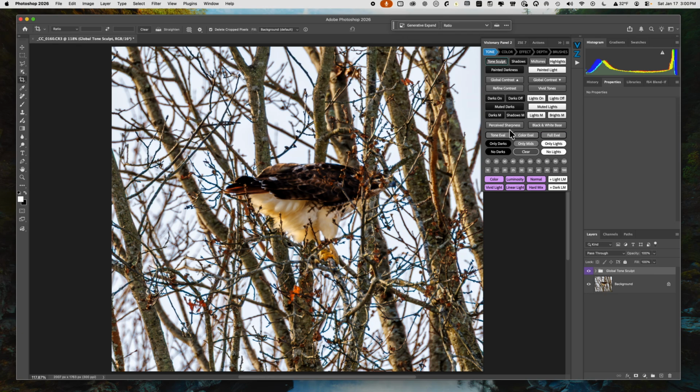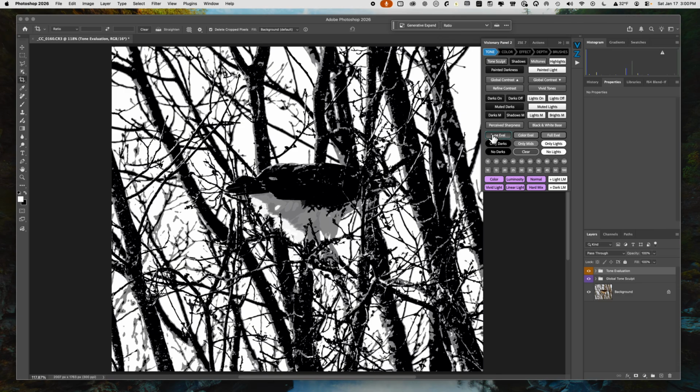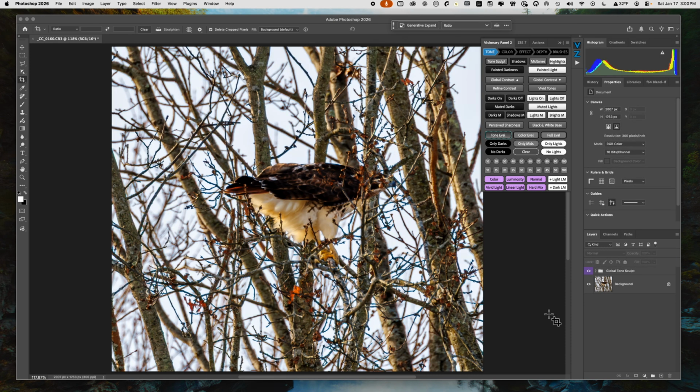And a little evaluation, it's called a tone evaluation button right here. And whatever's in white, the eye will go to. Of course, this image has a lot of white, so we're looking all over the place, and we're wondering, where am I supposed to stop and look? So we make our adjustments by darkening everything around the bird. And an easy way to do that, real quick,